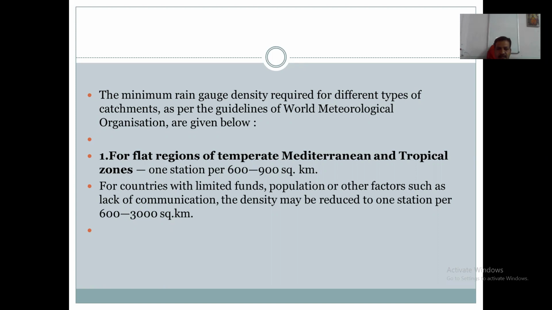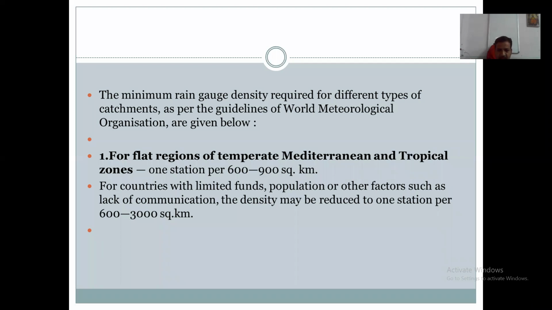Suppose the area has a flat region of temperate, Mediterranean and tropical zones. For this flat region, for 600 to 900 square kilometer, one rain gauge station is